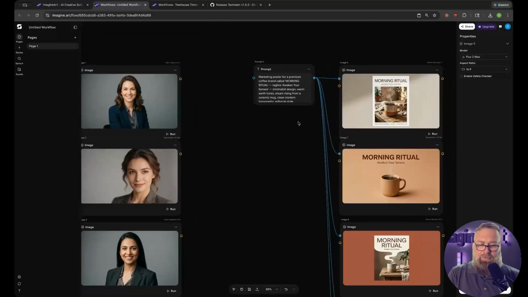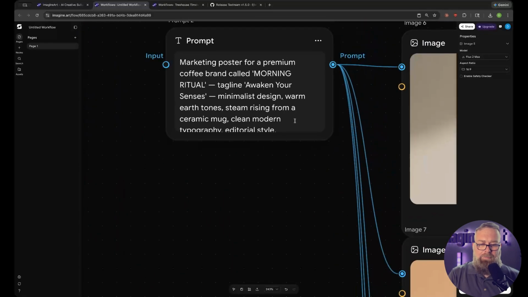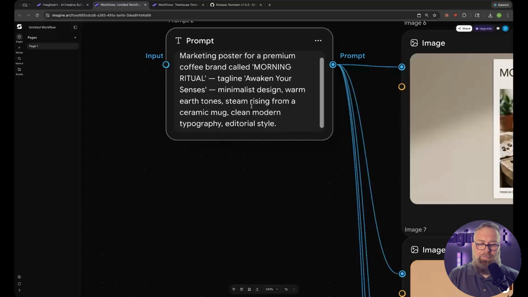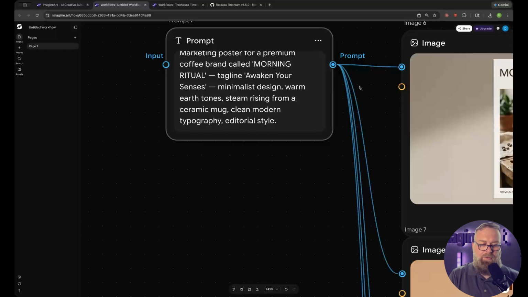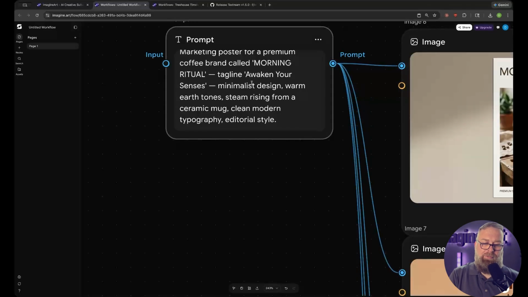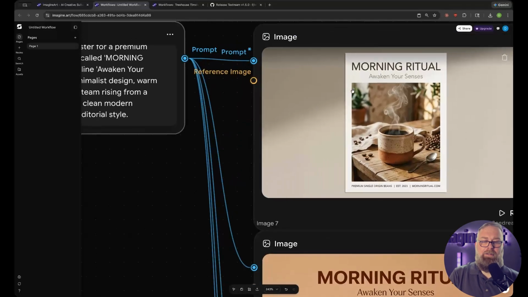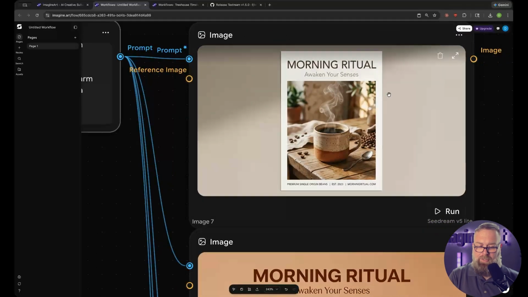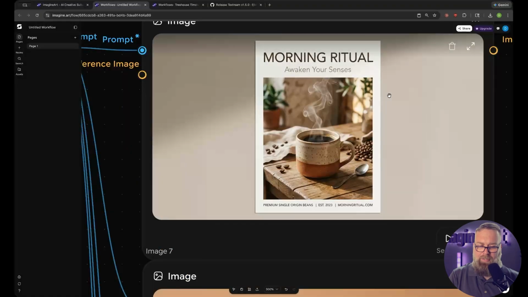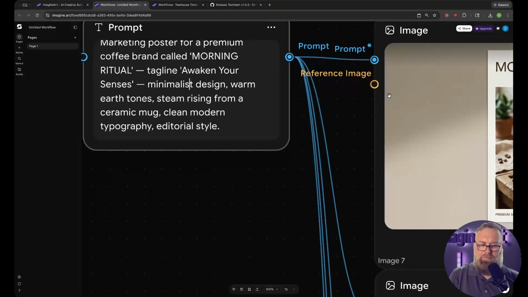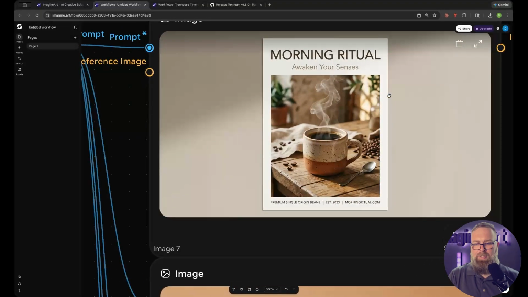All right, so let's move on to our next prompt. Marketing poster for a premium morning coffee brand called Morning Ritual. Tagline, awaken your senses, minimalist design, warm earth tones, steam rising from a ceramic mug, clean modern typography, editorial style. All right, so not bad, not bad. What's the marketing poster? Okay, so doesn't seem much like a marketing poster to me, but